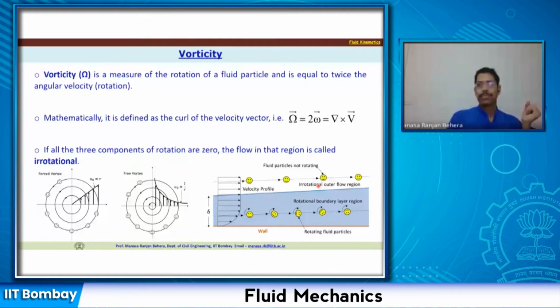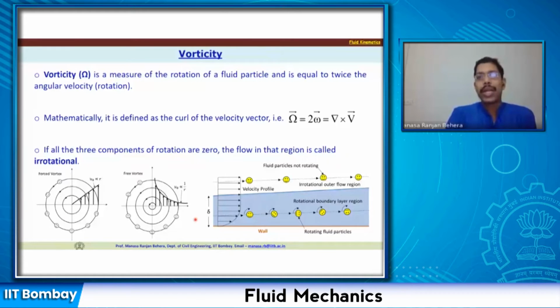Okay, so if you see, the velocity profiles will also vary, in that in this region there is a variation in the velocity profile. As you go outside this domain, the variation will not be there, so that will lead to the rotational and irrotational flow fields. We'll discuss that at a later stage, but just to give you an example, this concept of rotational and irrotational flow, whatever we are discussing, will have a lot of applications when we discuss further. All right.